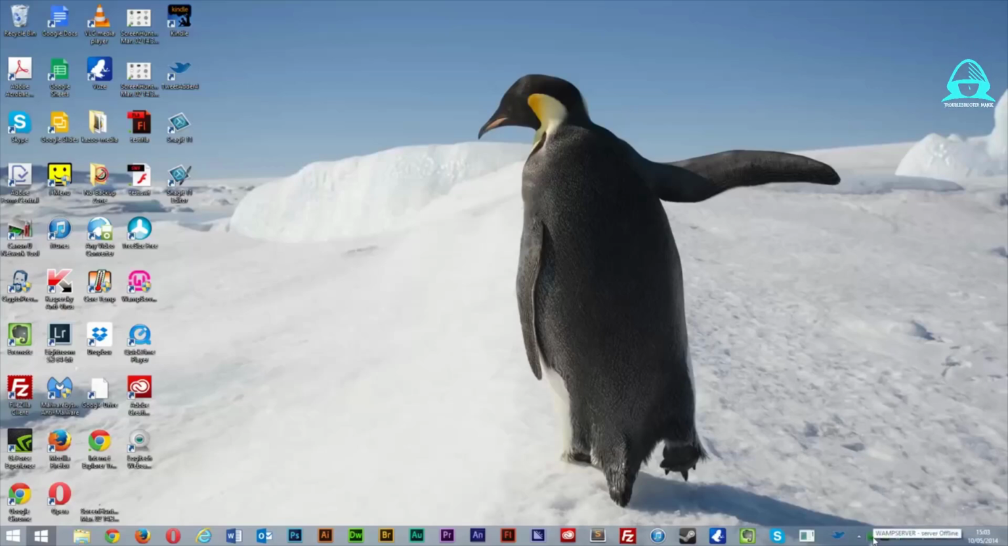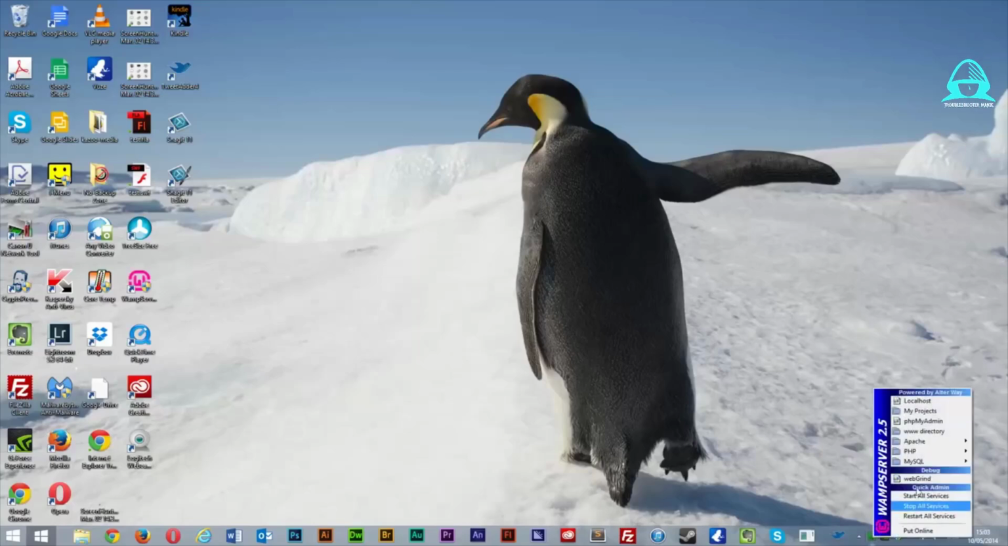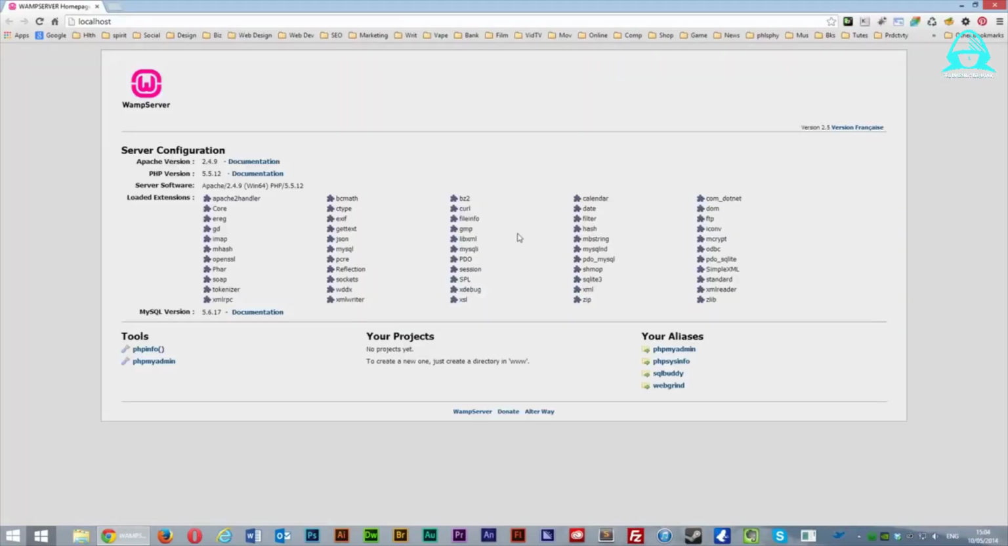Occasionally you will get an orange icon. There are a few different reasons for that. I probably will do a video on that some other time, because as I said, there are only a few reasons for that. But otherwise, if it's green, you can click on it, and the main options that you're going to need are localhost here and phpMyAdmin. If you click localhost,